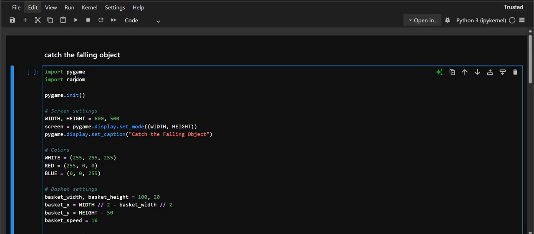So here some of the necessary libraries are imported, where import pygame is used to create the game window and handle graphics, events and movements, and import random is used to generate random options for the falling apple or the falling object. So this initializes pygame, which initializes all pygame modules, and here now we'll set the screen